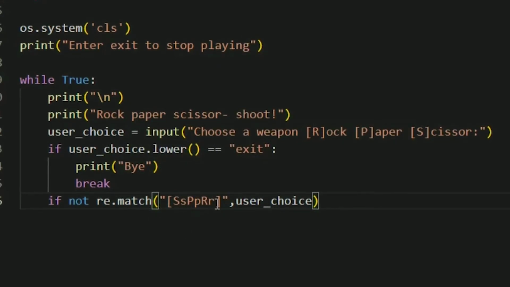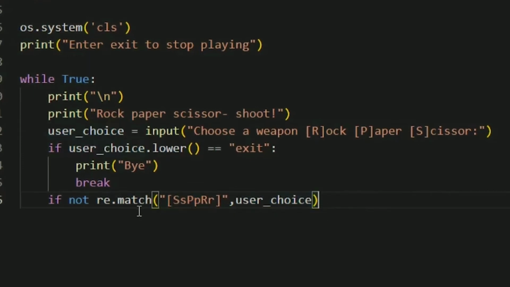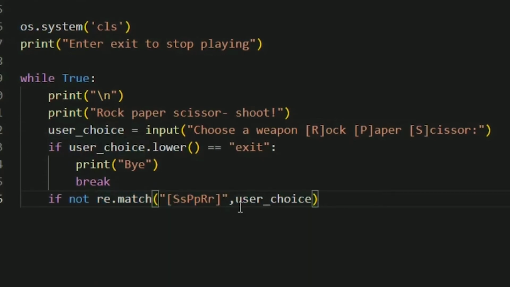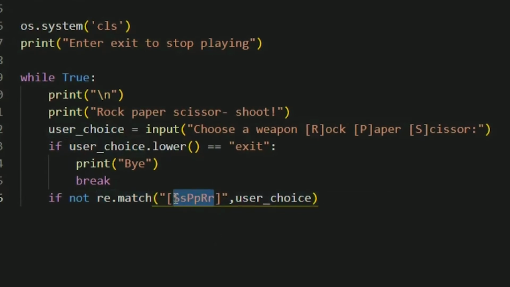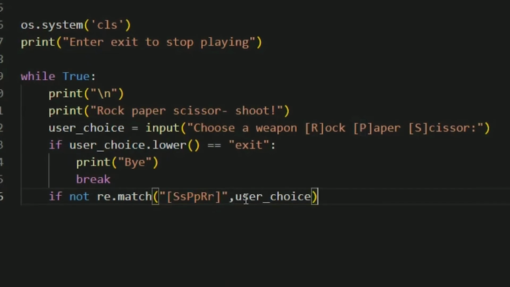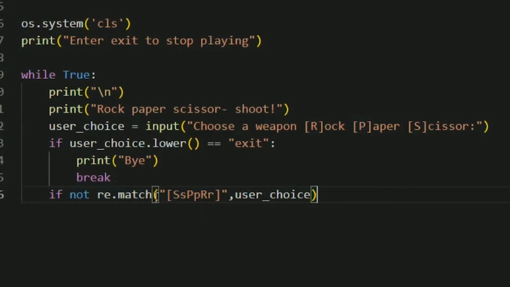What this function does is check if this pattern exists in this variable or not. If it exists, it will return true. If it does not exist, it will return false. In this case, our input should contain one of the alphabets: S stands for scissor, P stands for paper, R stands for rock. If the user choice contains one of these, then it's a valid input, and this will return true. If it does not contain one of the alphabets mentioned here, this will